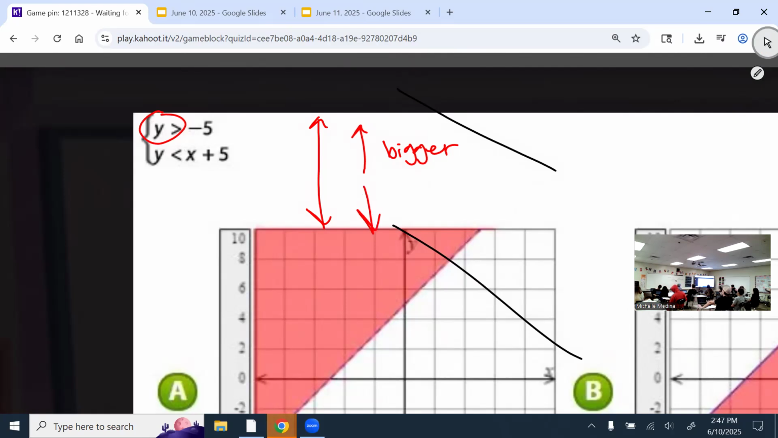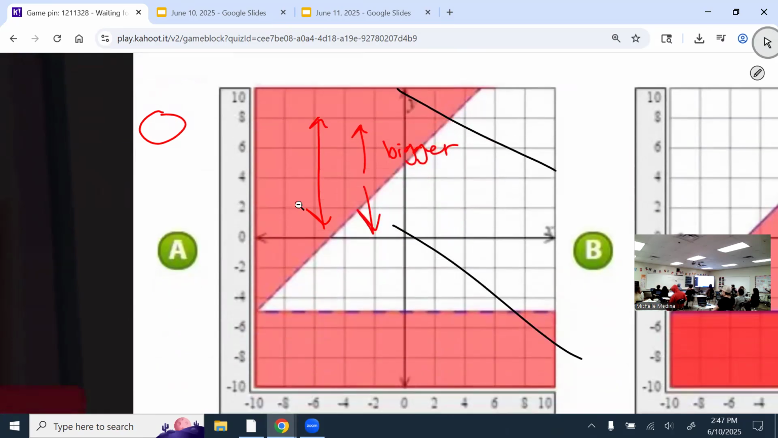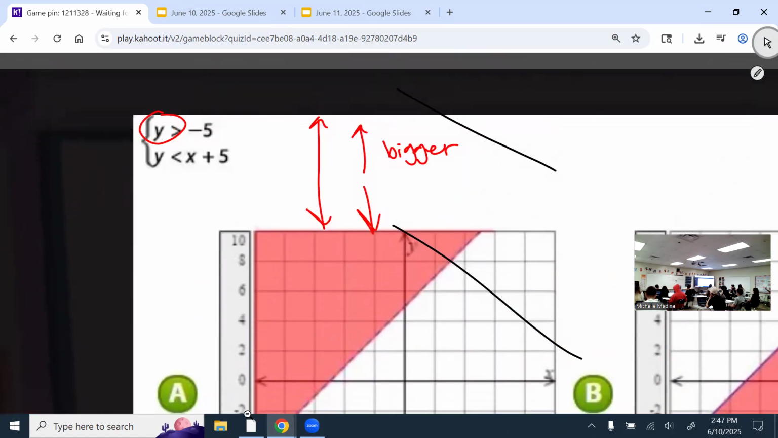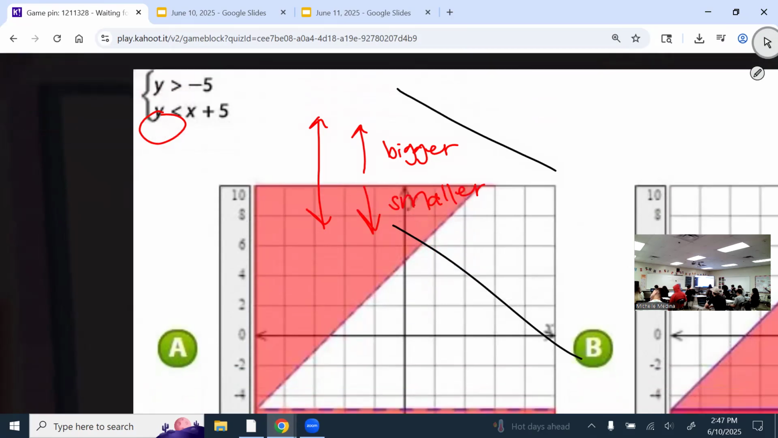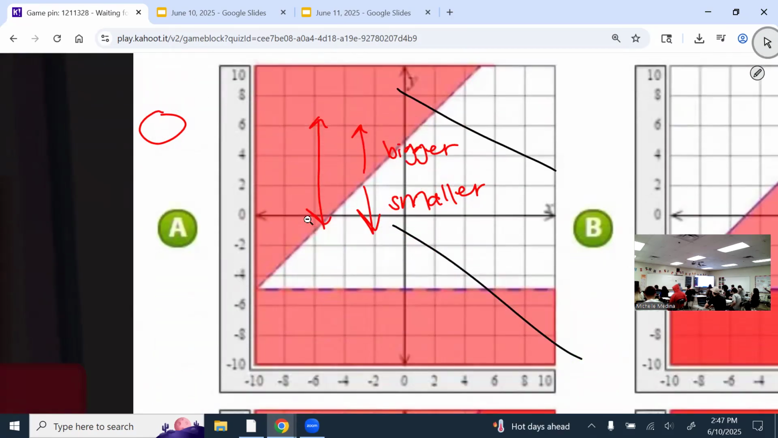Well, let's look at the number line that's right here. As I go down on the y-axis, do the numbers get bigger or smaller? So I go up on the y-axis, they get bigger. Down, they get smaller. So if I want to shade above where the y is greater than -5, that would